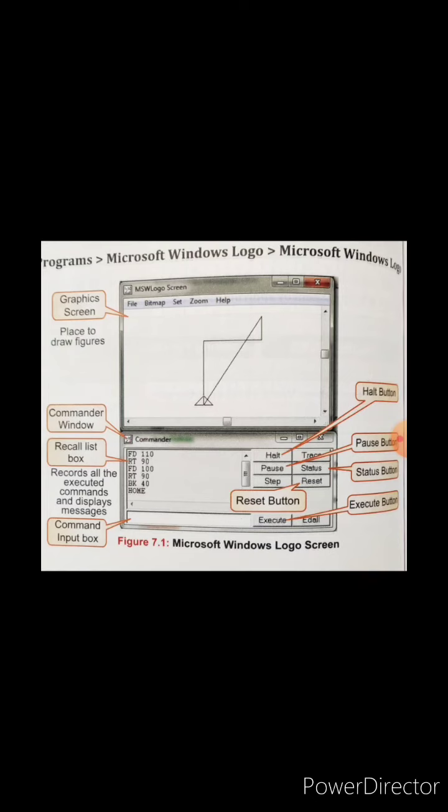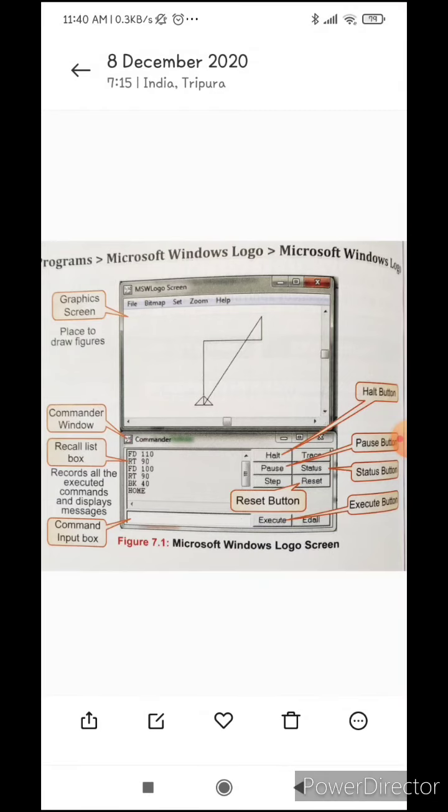One part is the graphics screen, where the pictures can be drawn, the next one is the commander window, and the next one is the command input box, where we need to put the command or instruction to the system, through which our system can process following our instruction or command.